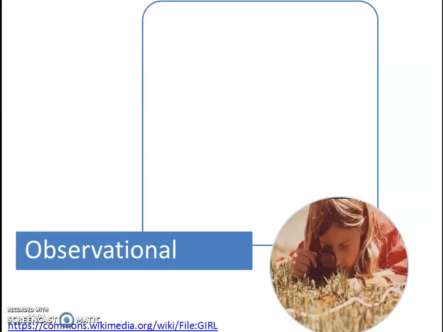Okay, so in observational, you are just observing. There are various types there. The first one is the case report, where you find a unique case and then write a report as a case report and publish it in a journal. Second one is case series. Human immunodeficiency virus or AIDS: the initial cases of AIDS were actually reported as a case series.